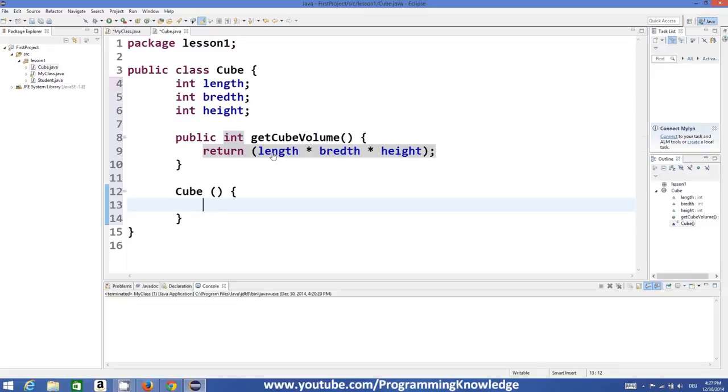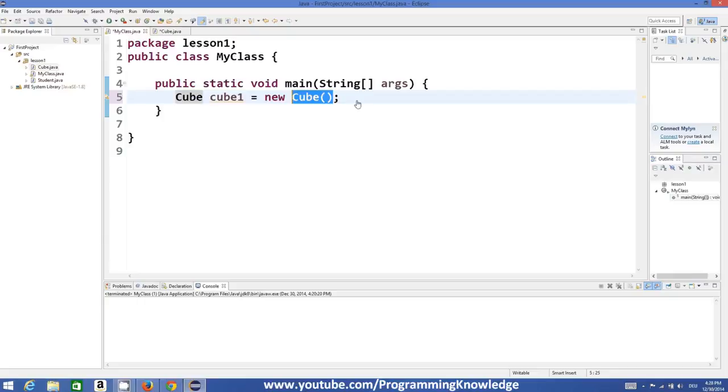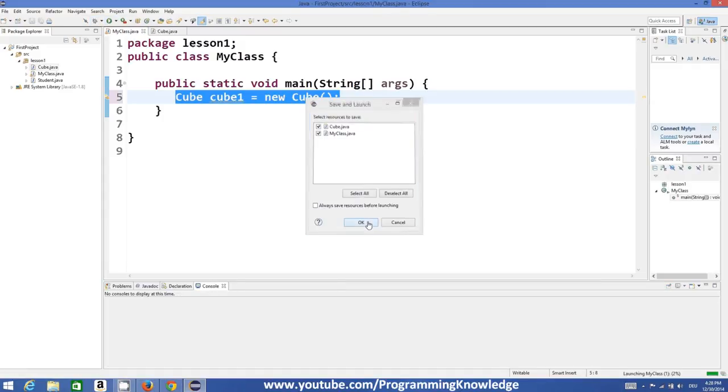Now what I'm going to do is, in this constructor, let me print something. So System.out.println, and I'm going to print "We are in constructor". In our main method, we have just defined the instance of this Cube class and nothing else. And when we run the program,